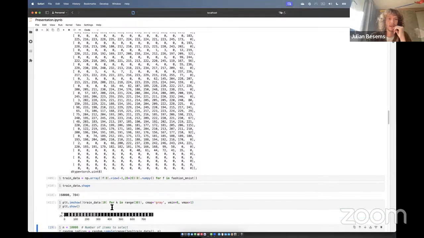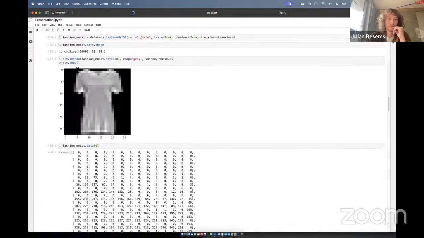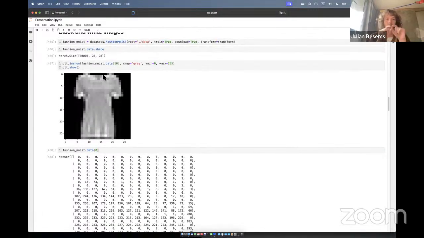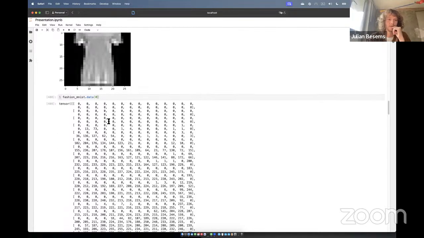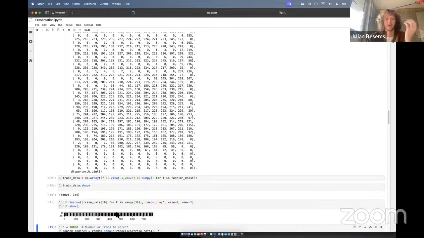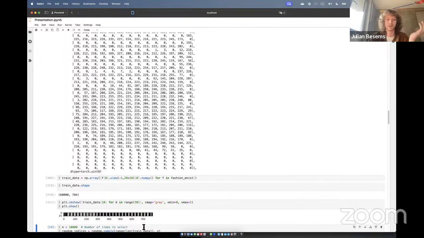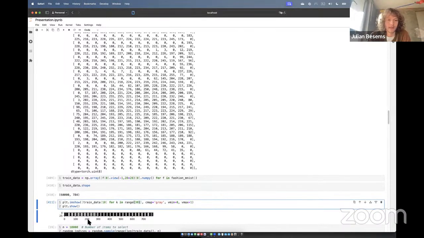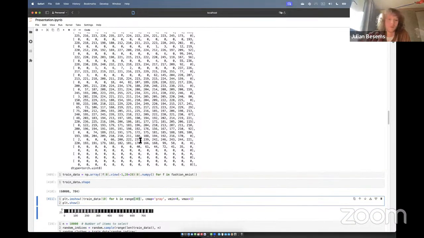So if we look at that same dress here, but we simply put all of these lines onto one really long line, then we get a feature vector that looks like this. I made it a bit thicker so that we can actually see it as an image, but it's one line of 784 pixels, and the values stay the same, just flattened out, which isn't a very clever way of vectorizing it, but we'll see in a moment that it does actually work.